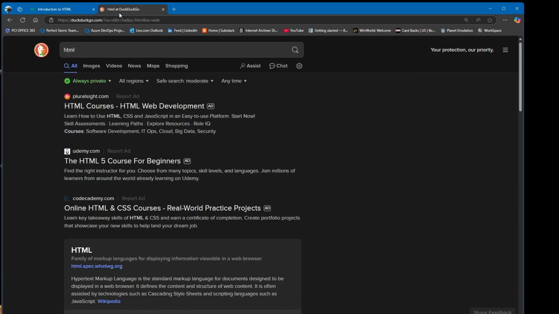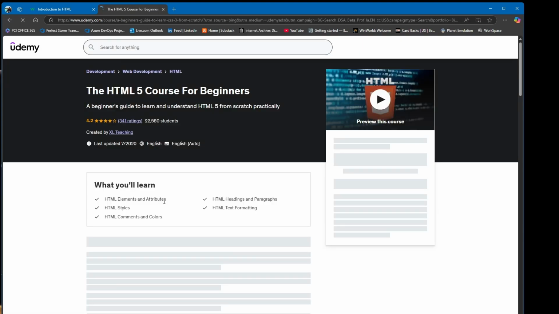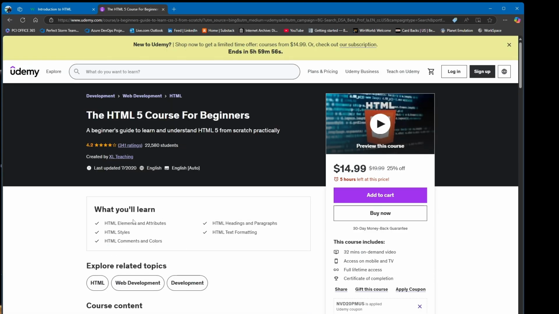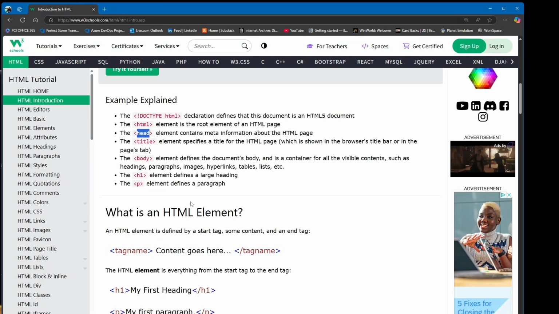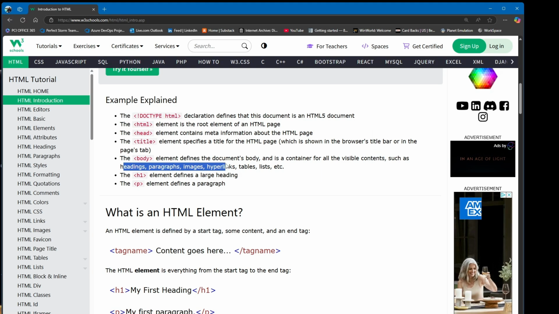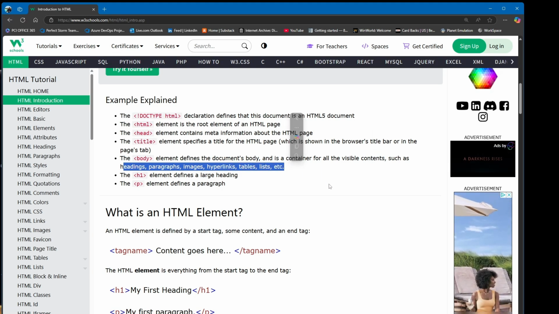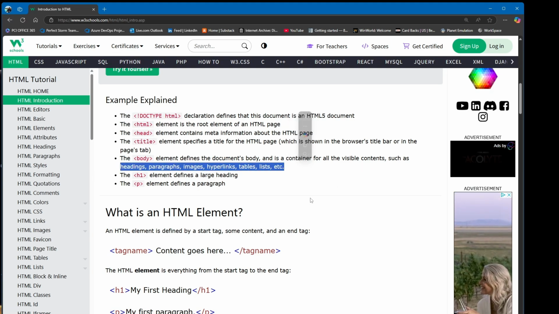It's not going to be the content that's actually going to render onto the screen, like here in the body, like you're seeing all this content here. That would be in the body, not in the head. So then they go on to describe the body, defines the document's body, like I was just saying, container for all the visible contents. So this is not the metadata. This is the actual content. So headings, paragraphs, images, everything you would think of that you might format for a Word doc or word processing doc, we have this equivalent in our markup for HTML so that we can build fully rendered and formatted documents